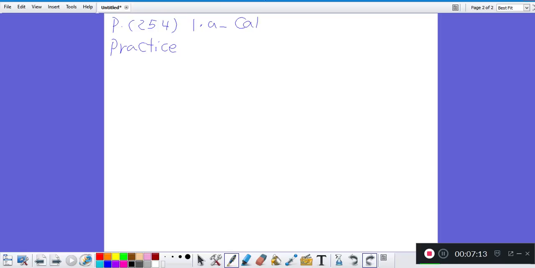Letter A. Okay. For letter A, it says solid calcium reacts with sulfur, producing calcium sulfide. We are just transferring the symbols for such words into the form of a chemical equation